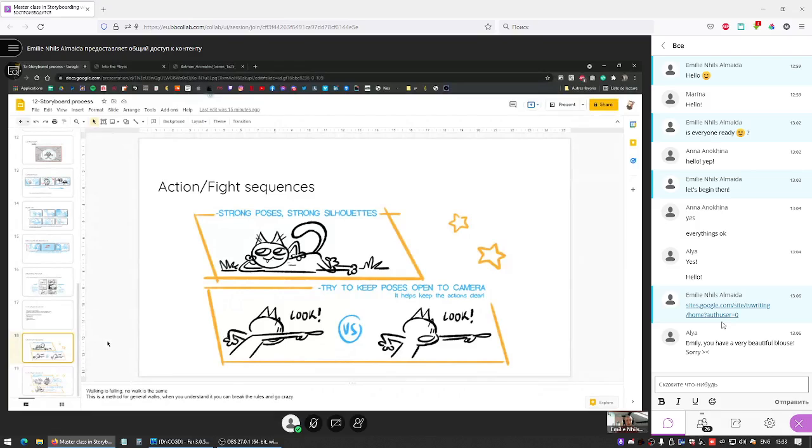Don't forget to have very strong silhouettes, poses that read at first glance and have a very nice line of action. What I mean by that is that, for example, they're just not just standing straight. You can have them have a little bit of dynamism, maybe tilt a little bit the shoulders or something. And if a character is sad or angry, try to push that drawing. You don't have to do it on the first pass. On the first pass, you can just place your characters around, but come back to them later and push their